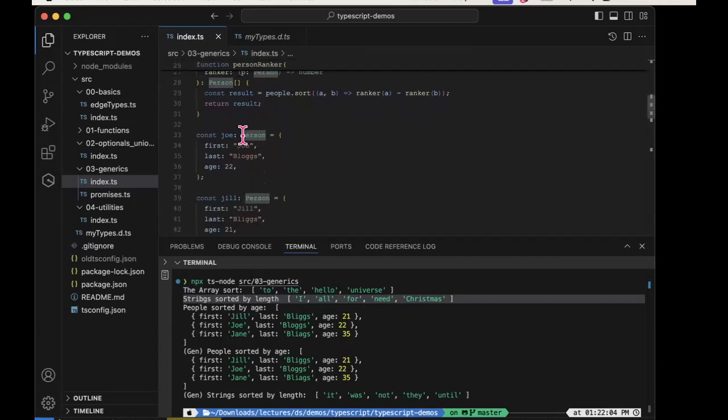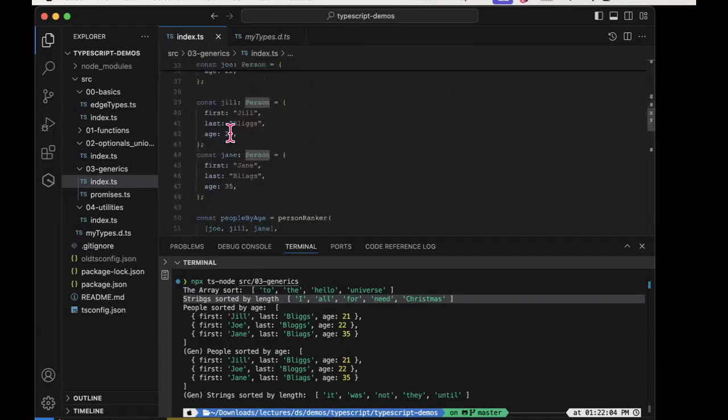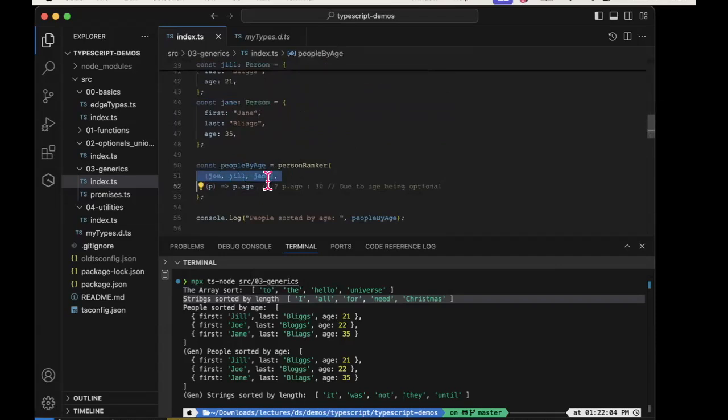And here I've got a person and another person, and I'm using those in my array. I'm calling the person ranker on my array of persons, and surprise, surprise, I'm using their age as the criteria for sorting. I could have used the length of their surname or something like that. It doesn't really matter, although it does have to be a function that returns a number, as I said before. And that all seems to work as well, because when I look down here, it is ranking the persons by age